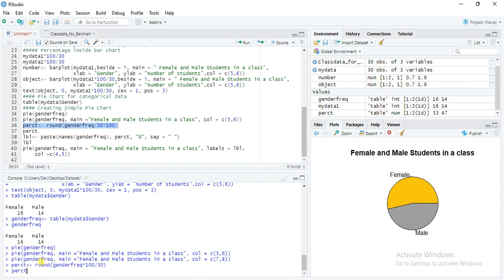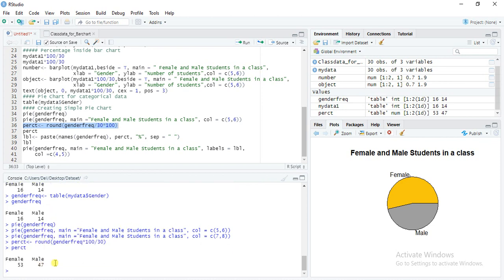So we can get the percentage. Round means, if we want the exact percentage, it was 53.33 and 46.66. But if we want a round figure, then we can write round, gender frequency, into this.